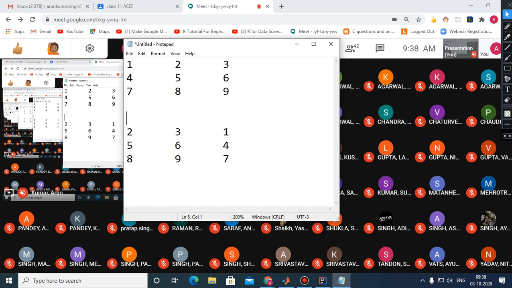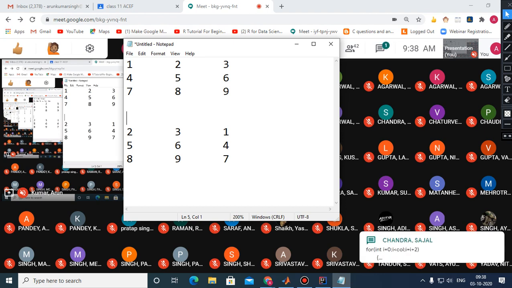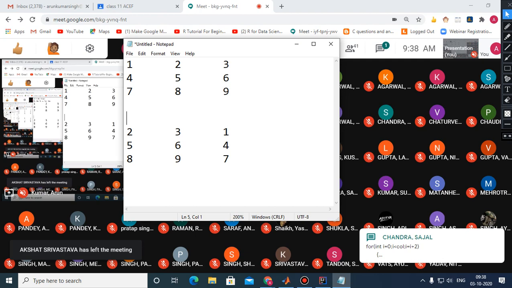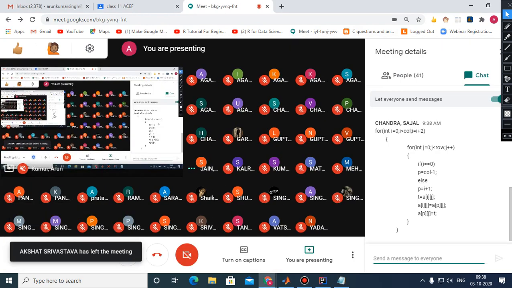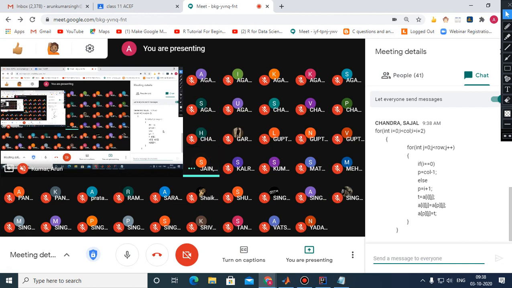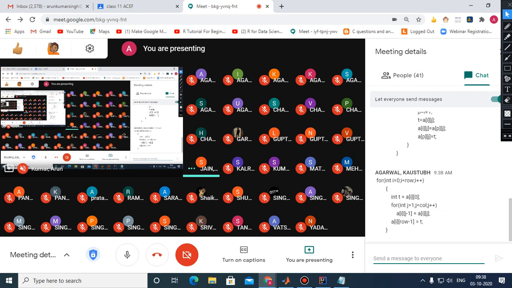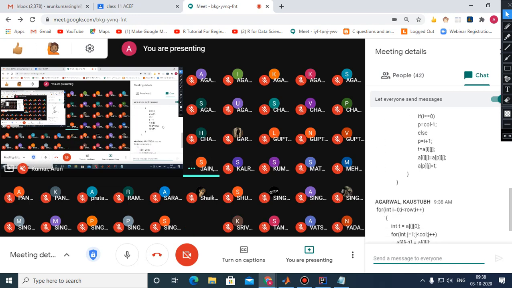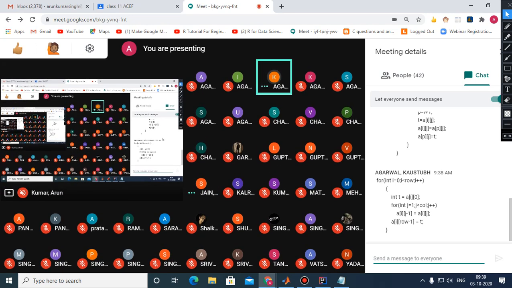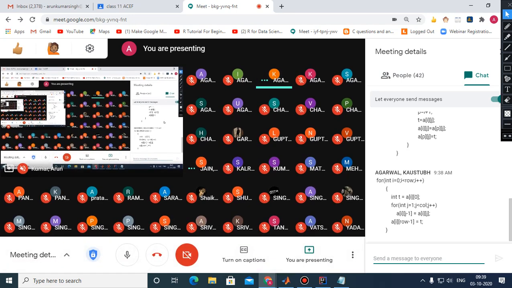But avoid using conditions in such questions. Actually, I am just trying to teach you guys with optimized code. So just like Sajal Chandra has used if I is equals to 0, what is the purpose of using if, you are taking a t variable outside the inner loop? Then yes, Kaustubh, it's okay, it's correct.